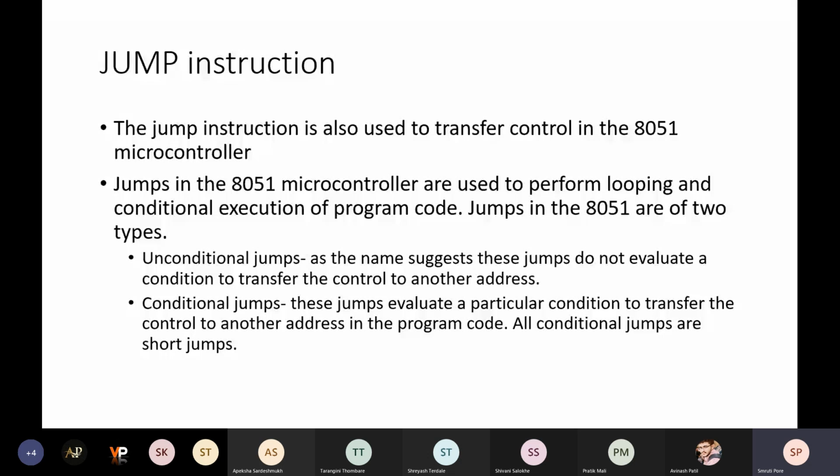Whenever you are using the jump instruction, this is actually used to change the flow of the program, or to change the control of the program.